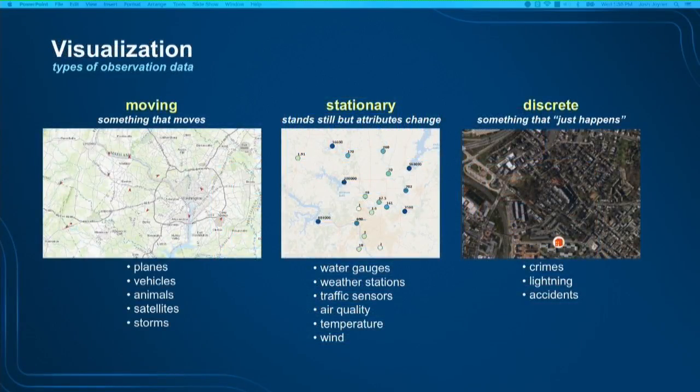So in terms of the types of data that we're actually getting into the IoT platform, they typically fall into one of these three categories. For most people, when they think about any kinds of real-time observational data, IoT data, the logical thing is moving things. I'm thinking about something that I can actually see moving around on the map, and that's some sort of a plane or a car, or I'm tracking an animal or a storm, something that's physically moving on a map, and we want to be notified of when it enters one area or how long it's been moving a